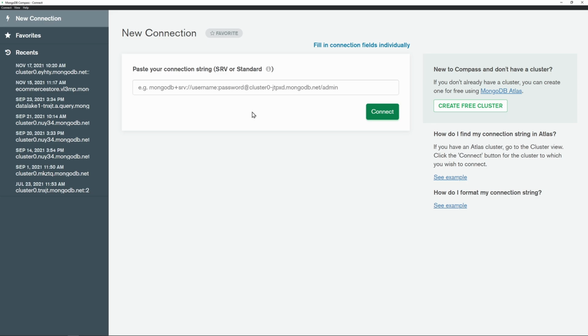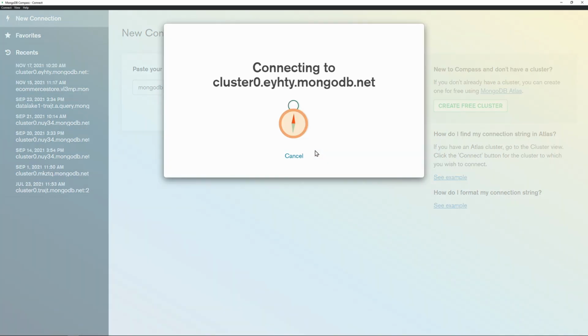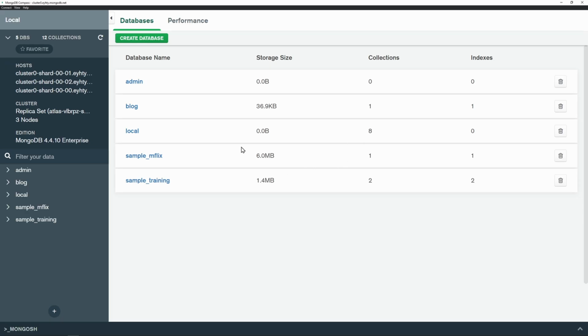So this is the first thing you'll see after you install Compass and open it up. So we're going to paste in our connection string, and we need to enter our password. And so I have a super secret password, Mongo. And the last part here is the database that you want to connect to. It really can be anything. We'll hit connect. All right, so now we can see our blog database,